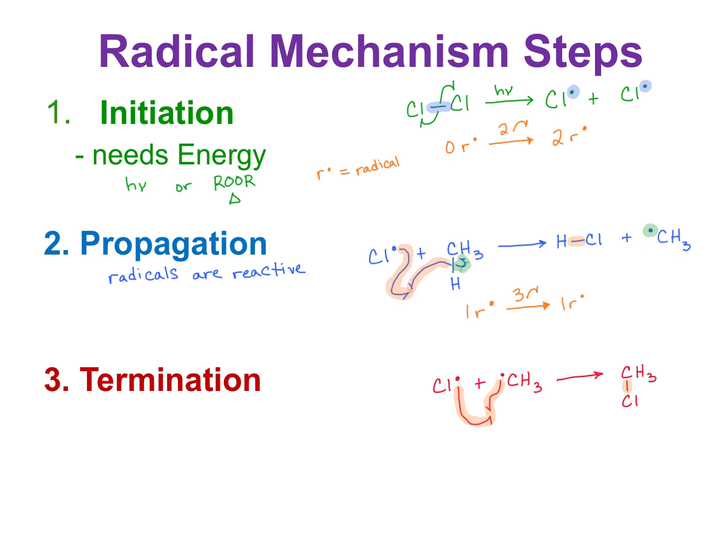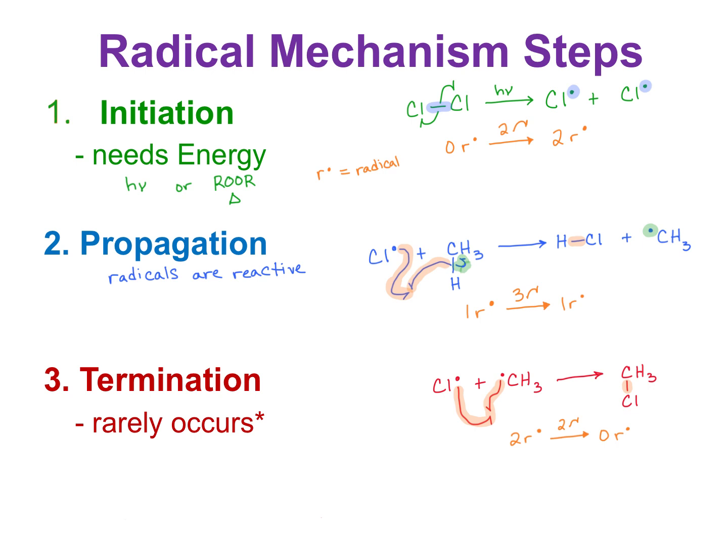So if we do the same pattern recognition that we did before, how many radicals are we starting with for this step? 2, right? And then how many are we ending up with? 0. And then how many arrows does it have? 2, right? So it's the complement to the initiation reaction. So an interesting thing about termination steps is they actually happen a lot less often than you think they might. So they sort of wrap everything up in a neat little bow, but they actually don't make sense chemically as much as they do like balancing